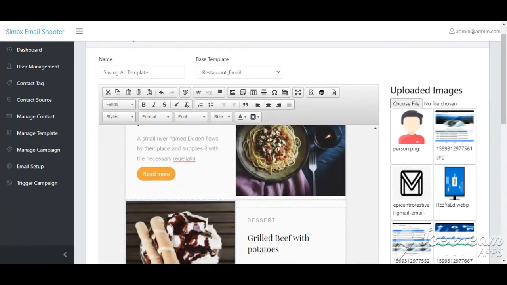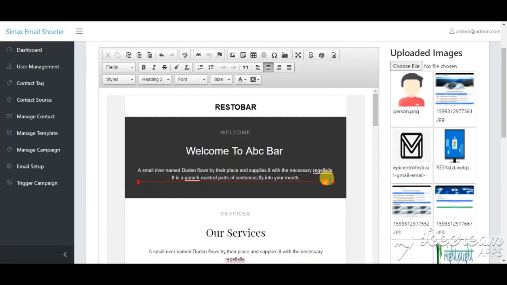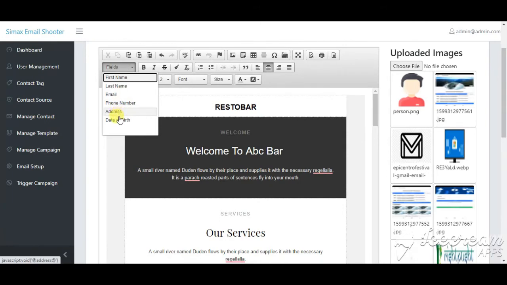When you change anything in the template, and when you set up an email for specific users, you need to add user fields. For example, you need to add a username, and sometimes you need to add the user's phone number, email, or address. Here are fields, shown in our editor: first name, last name, phone number.